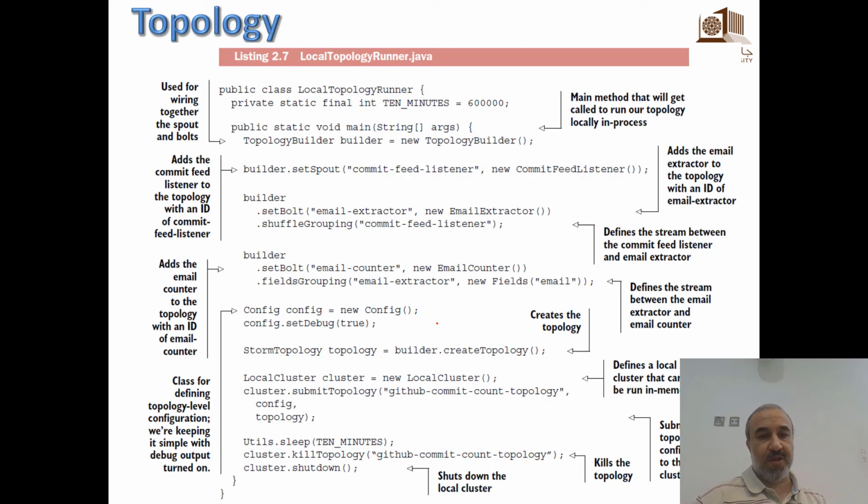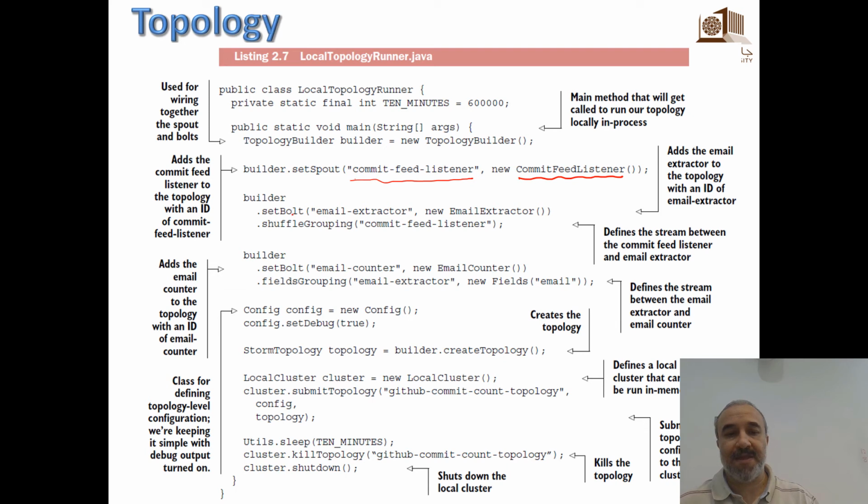So I start with the topology. You define the topology builder, and then you start to set the components. Okay. Of course, you need to write these components, so assume that they are written. So we have, this is the first, this is the code for the class, for the object, for the spout. Okay. So we set the spout. This is the code for the spout, and this is the name of the spout.